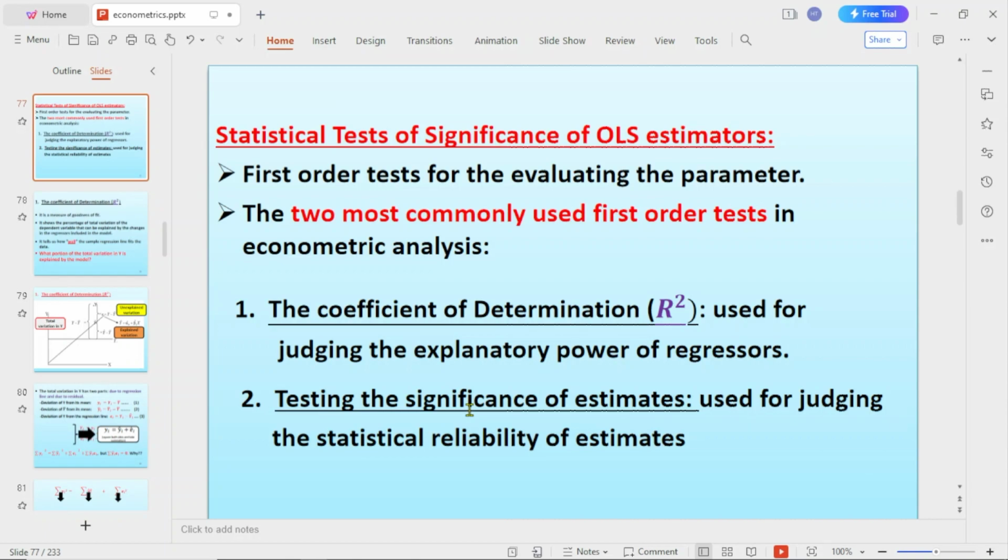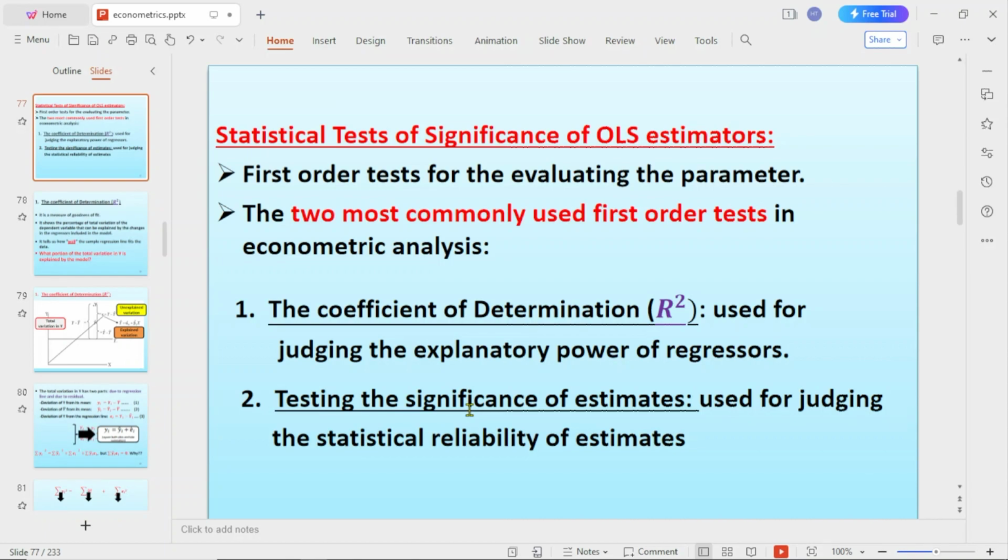so the commonly used first order test in econometrics analysis are, the first one is the coefficient of determination ነው ወይም r square የምንለው ነው ሌላ ደግሞ test the significance of estimator ማለት ነው right so the first r square ምንለው ምንድነው used for just judging the explanatory power of regression ነው explanatory powerአችን በምን ያህል